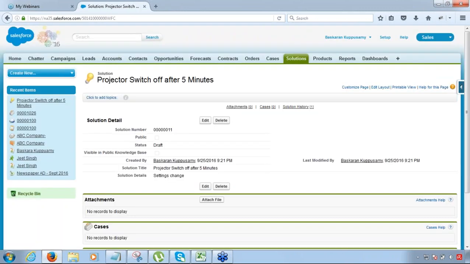section, I would receive a call from the customer, and the customer, let's say, says that, hey, my projector switches off after 5 minutes. And I have this solution, so I can quickly check it from the solutions table and suggest the solution to the customer. In that case, I'm actually reducing the burden of the cases which are being logged in. All right, that's one thing. Second is,